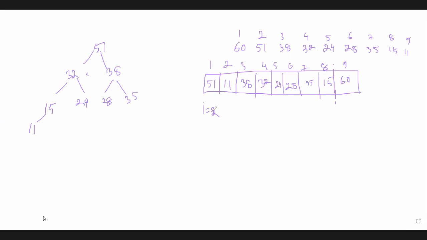If I equals 2, that means the left child is in location 4, because 2 into 2. So 24 is the left child of this node I, when I is the root or parent node. And which one is its right child? 2 into 2 plus 1, that is 20. Right child. Now compare these two nodes. The right child is greater than the left child, so change the parent node with the right child.